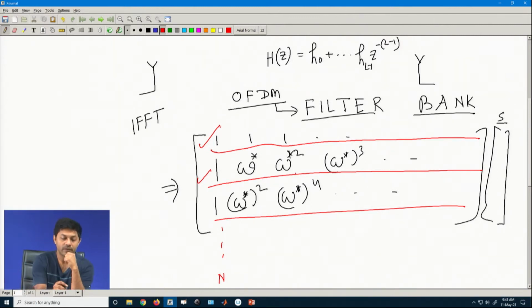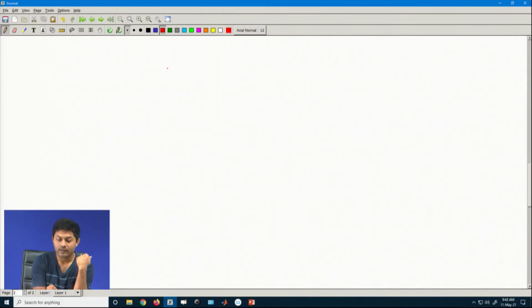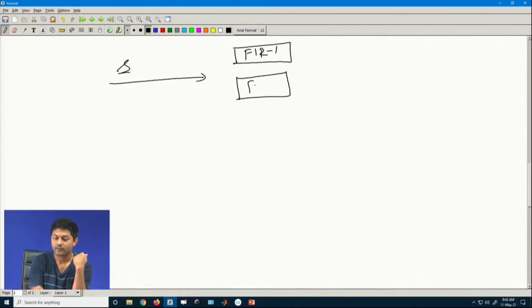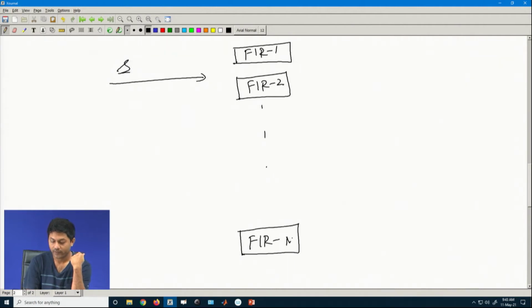Your OFDM is nothing but this: you have data, which is your S vector. There is a first filter, a second filter, and an nth FIR filter, and each and every filter has length n.